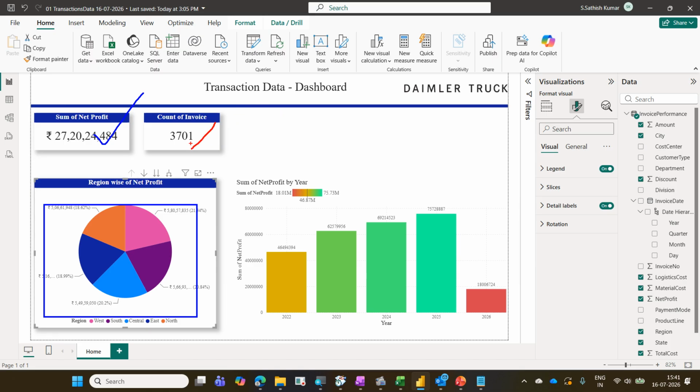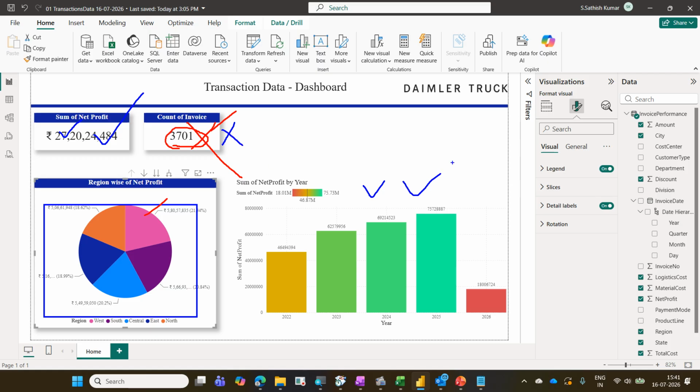When I select South, I don't want South region count, I want overall count. I don't want this to be filtered. And I want this to be filtered. When I select the pie chart, this card should get filtered, this card should not get filtered, and this column chart should get filtered. So first decide what you want to do, then